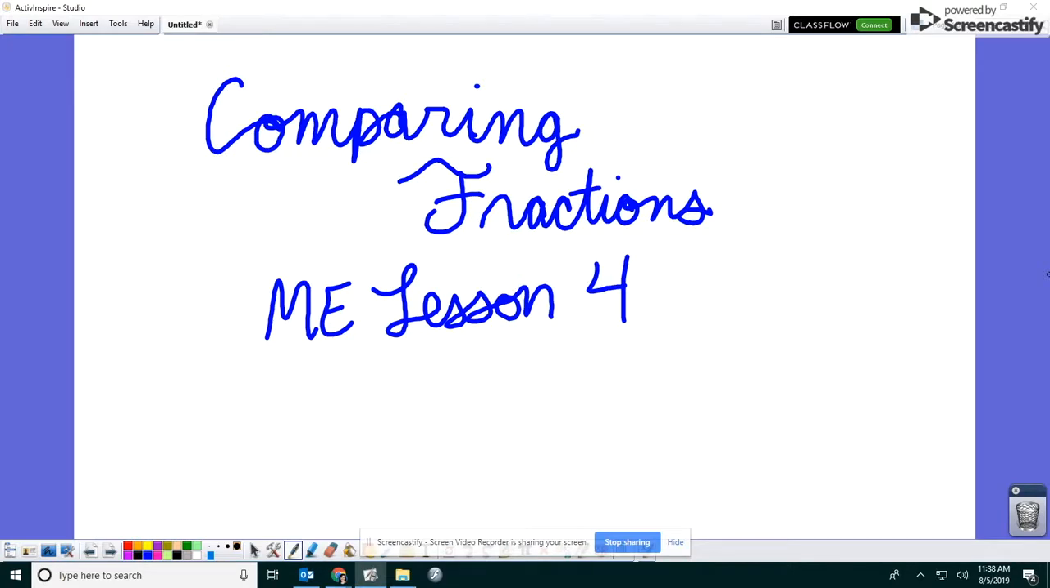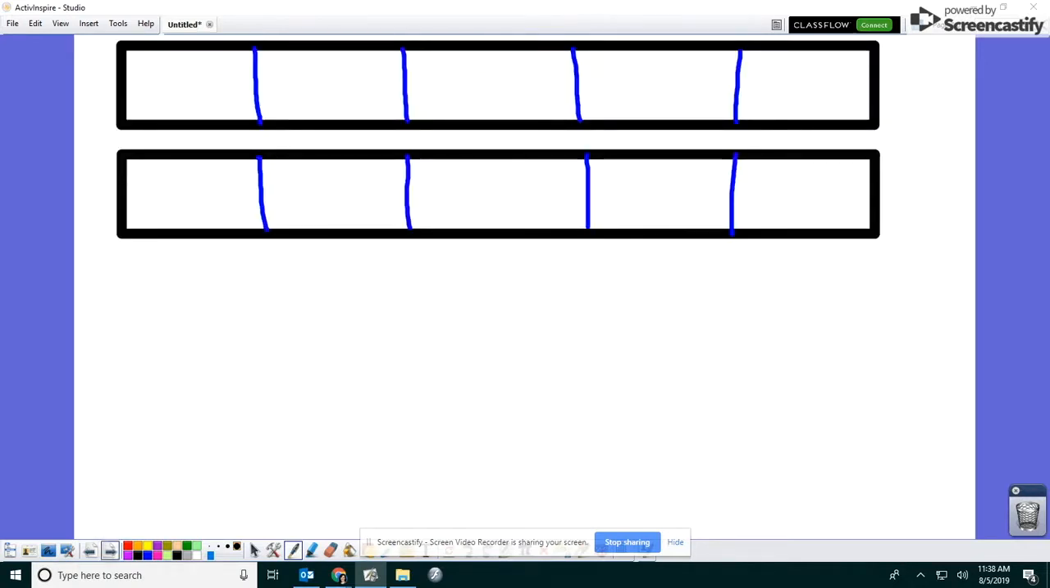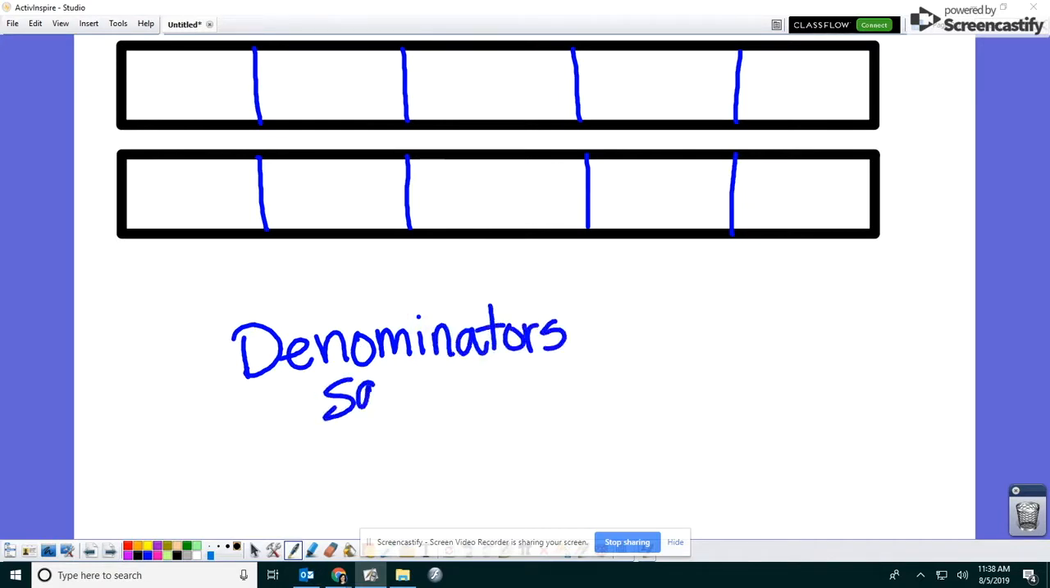This time we are comparing fractions and it coincides with the Math Expressions lesson 4. We have 4 different strategies. Our first strategy is when our denominators are the same. So to illustrate that, if we have 2 fractions, both of them are broken up into fifths,